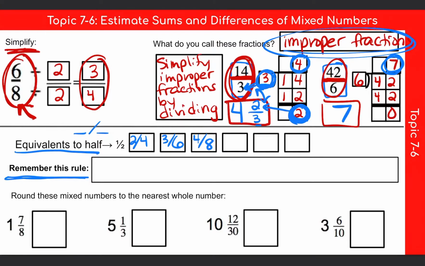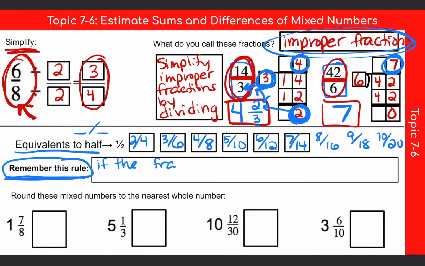Let's skip up to 5/10. 6, double it, 12. 7, double it, 14. And we can keep going. 8/16, 9/18, 10/20, and so on. I just want you to be familiar with these half equivalents because of the rule that we use to make estimates for mixed numbers. Remember the rule: if the fraction is half or greater,